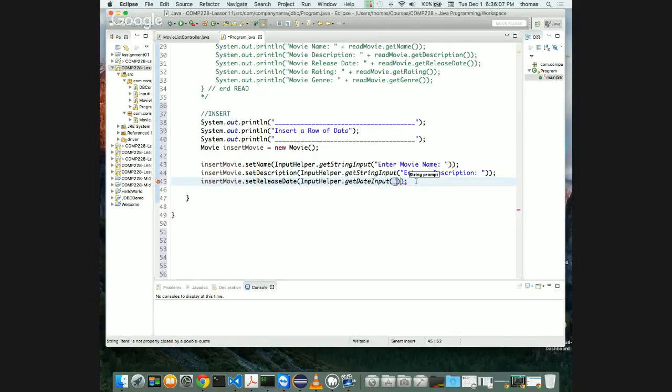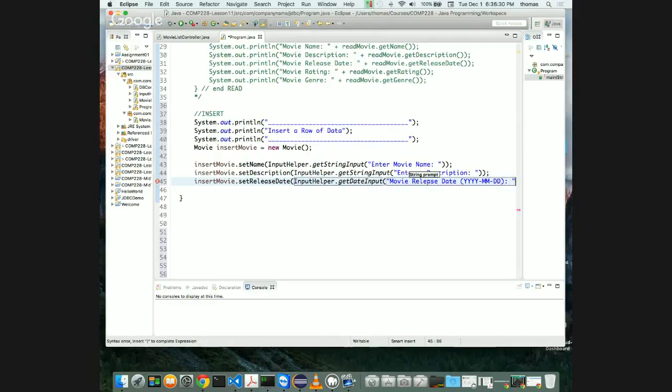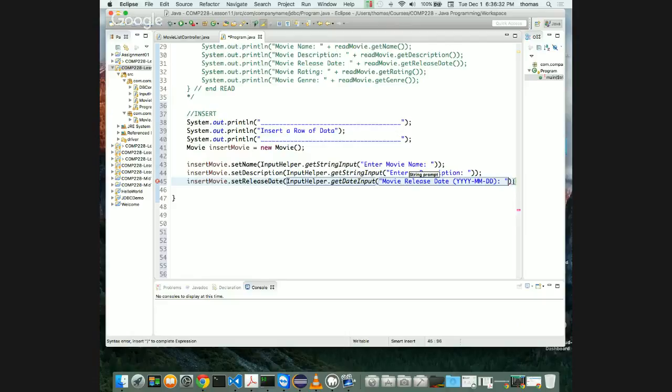And again, we're not doing any kind of validation right here. We're just kind of testing this out. So say movie release date, right? And inside of our string, we'll put in another bracket to show what we were looking for, which is yyyy, that's a year, dash month dash day, with another bracket, and then a colon, and that last piece, right? Make sure you have enough brackets